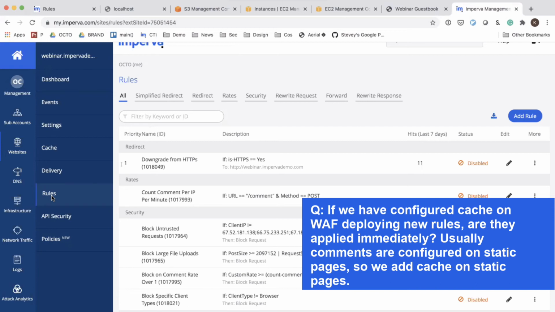Thanks. That's a really good question. Yeah, and I don't know the order of operations on that. So let's put a pin in that and let's make sure we come back to it. In my demo application, I didn't actually test with CDN or with caching enabled, but that's a really good point.